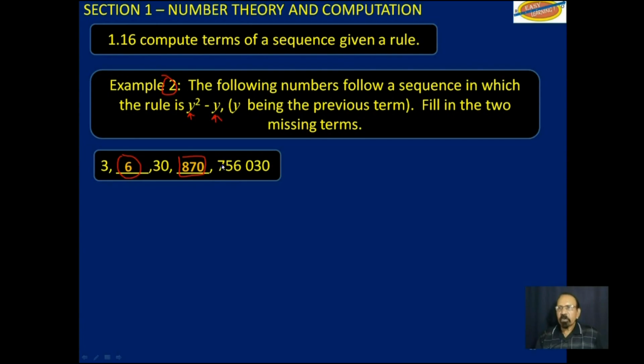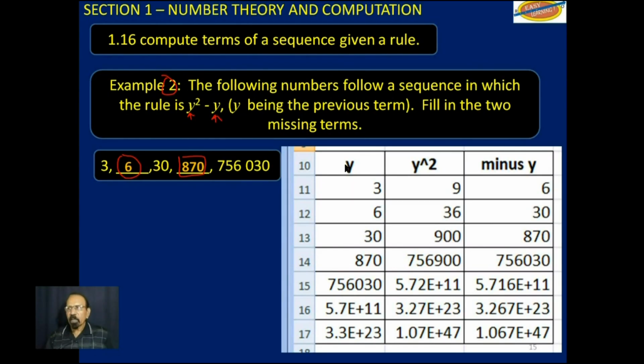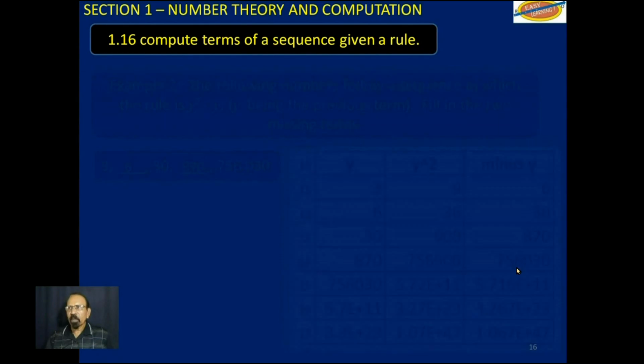The computer generated results are, if we began with 3, we will get 6, which is what we got over here. And after 6, the next thing we get would be 30, and then 870. And if we have to go further, the one they gave us there is 756,030, and so on. We actually move over into exponent because the numbers are so big they can't fit in these cells. That was 2.